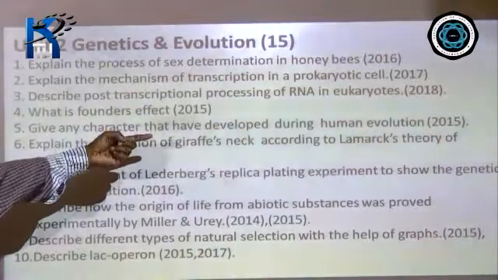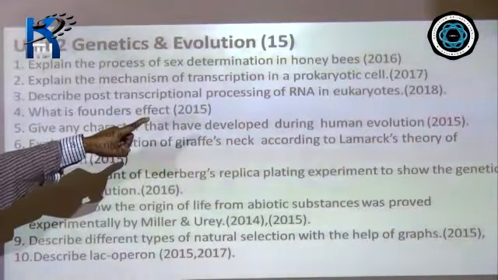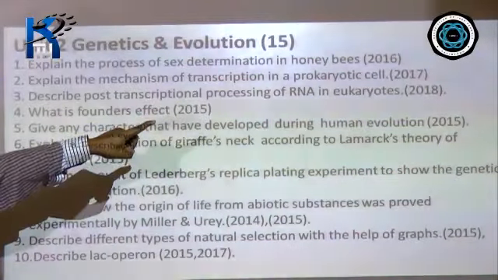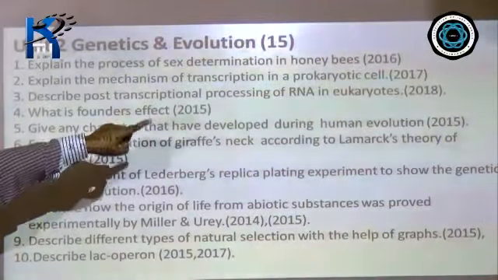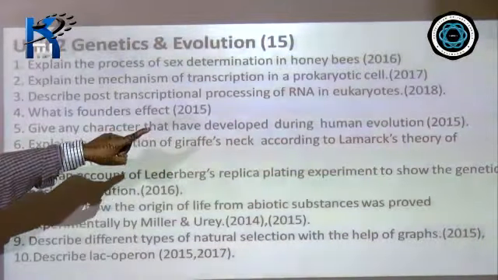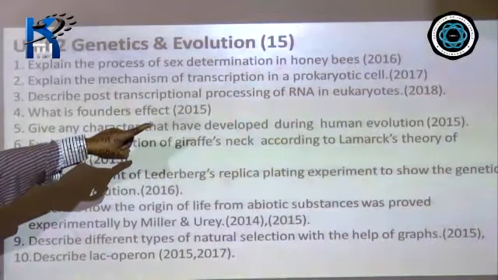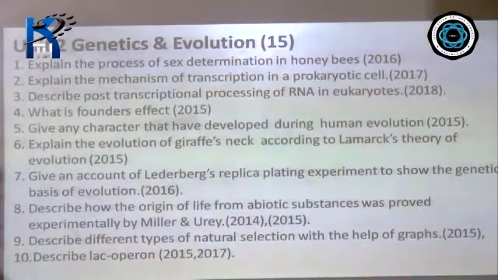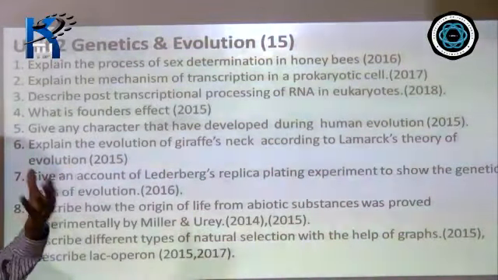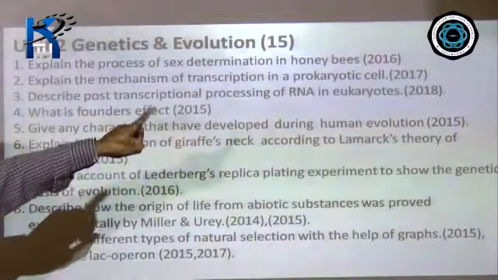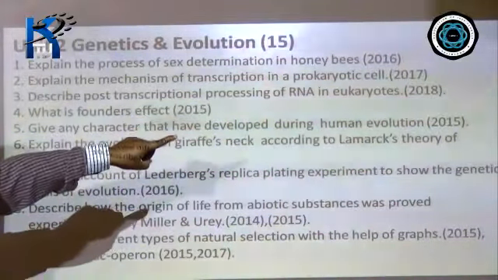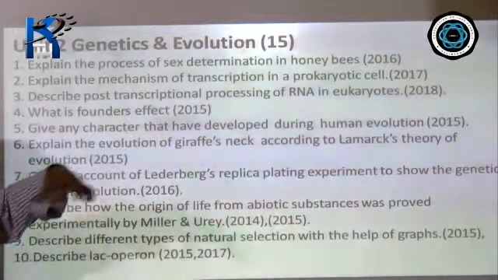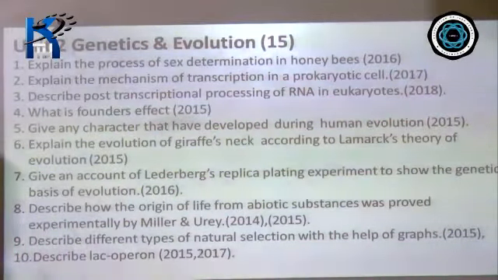The above one was prokaryote, the lower one is eukaryote. So in the year 2017, transcription in prokaryote has come, and in the year 2018 it has come in the eukaryote. You have to have a very clear idea regarding what transcription is, how protein coding takes place in a prokaryotic cell, what the difference is, and in the eukaryotic cell. One has come in the year 2017, the eukaryote in 2018. According to that, you have to go through it properly and work it out properly.